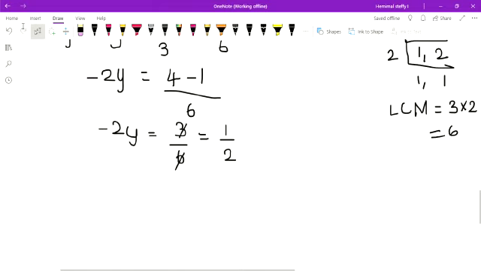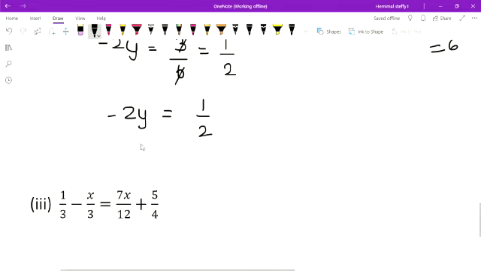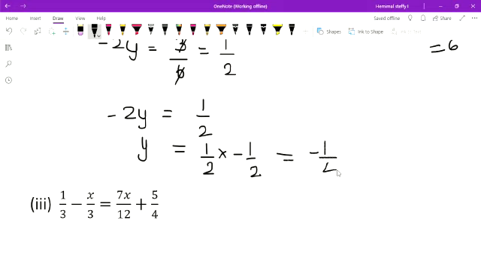What is the next step here? So minus 2y gives 1 by 2. Then I bring down the 2 to that side. Here we have multiplication. When it goes to that side, what happens? It changes to divided form. So multiply changing to divided form means minus 1 by 2. It gives minus 1 by 4. Okay, is it clear?